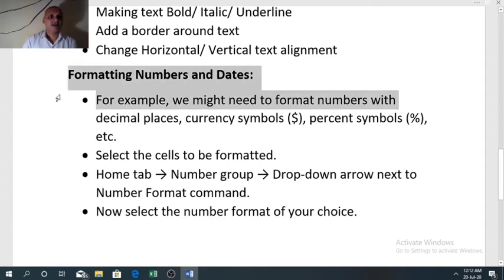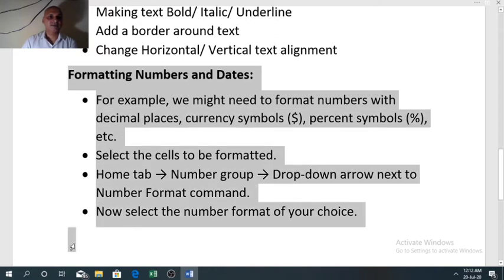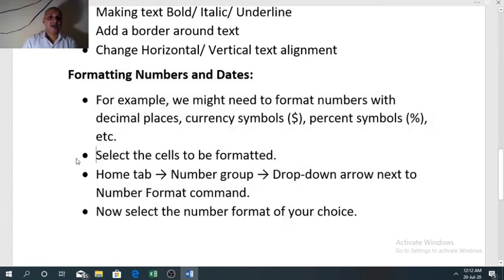Now we will see formatting numbers and dates. For example, we might need to format numbers with decimal places, currency symbol, percentage symbol. How to do that? Select the cells to be formatted.